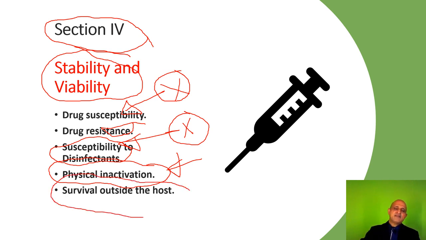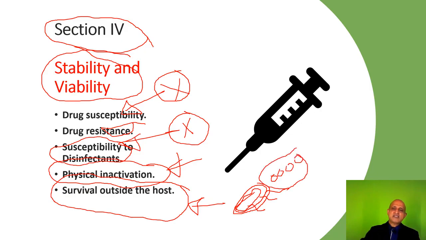And there is another factor, which is survival outside of the host. For instance, Bacillus anthracis forms spores. So the bacillus itself will not survive well in the environment. It needs an enriched medium, or at least a soil which contains sufficient nutrients in order to grow. However, when it sporulates, it forms spores. These spores remain viable in the environment, and they can be dispersed via air streams, and they can enter into human hosts and infect human hosts. Okay, so these are factors which must be considered. Survival outside the host must focus on the sporulation characteristics as well.